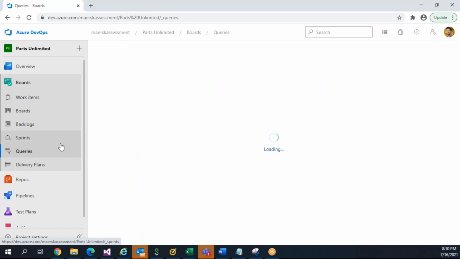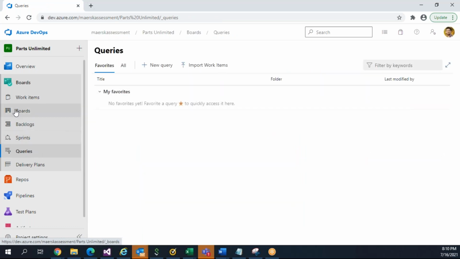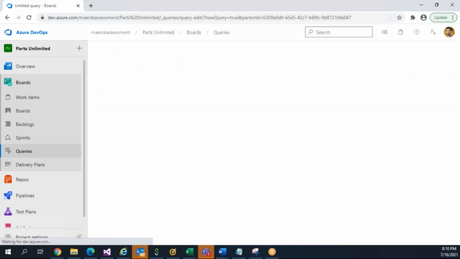Sometimes the requirement is not just to see what the system is showing. You want to see something according to your requirement, so you can create your query, and whatever items are there will be filtered out. So you can create the query